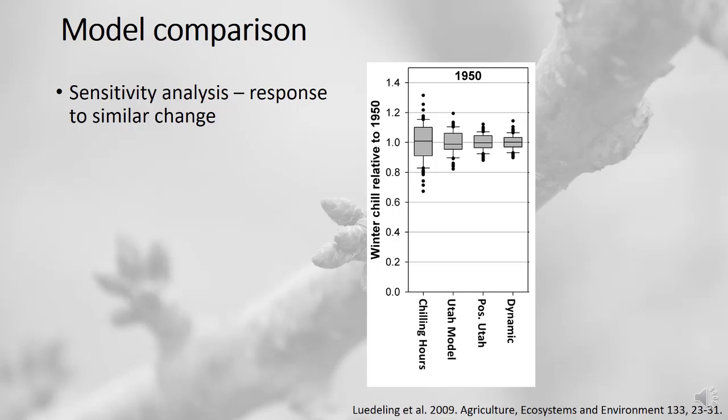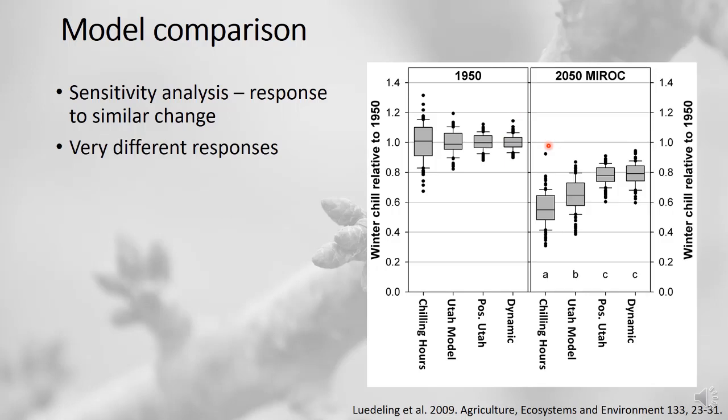So here's the distribution for the different models for chilling hours for the Utah model, the positive Utah model, and the dynamic model. And this is all normalized here so that the long-term average, or the median rather, is set to 1 here. Yeah, so the box plots here indicate variation around this median. So this was for about 1950, and now let's look at what happens when we use a future climate scenario